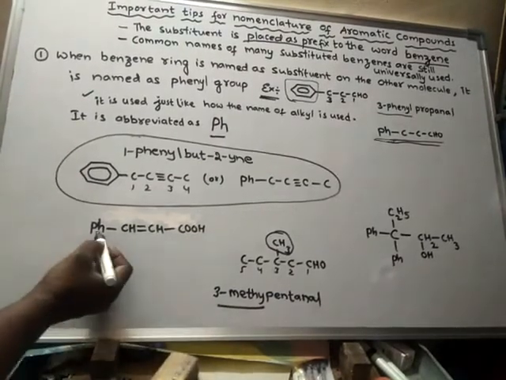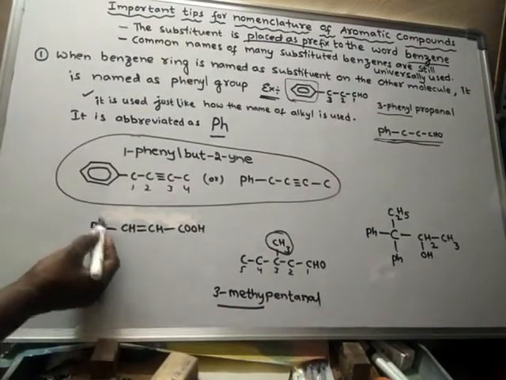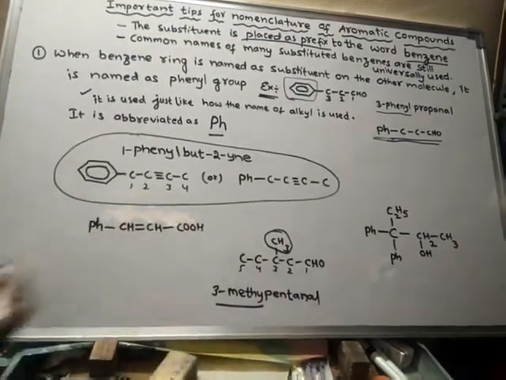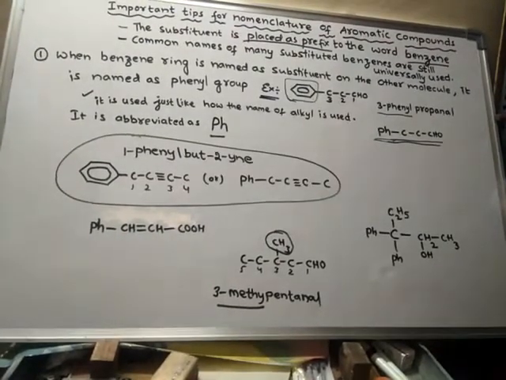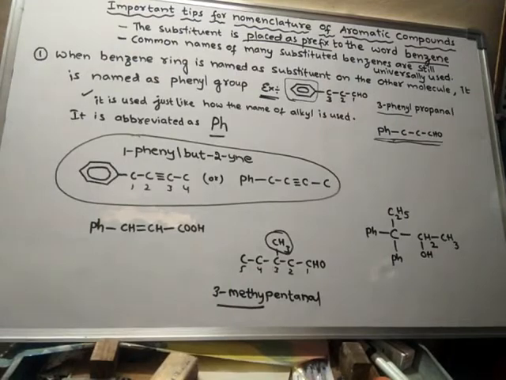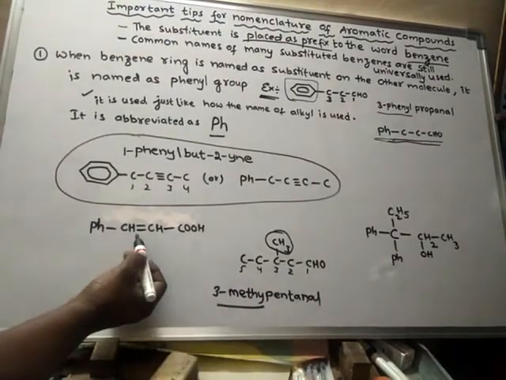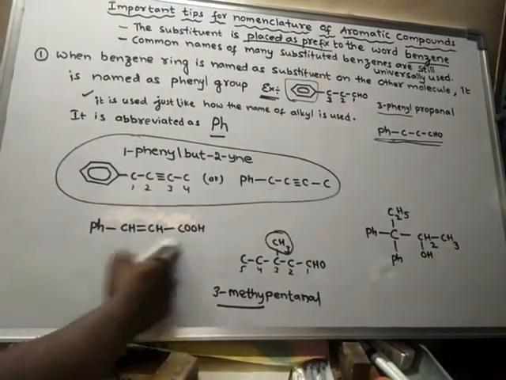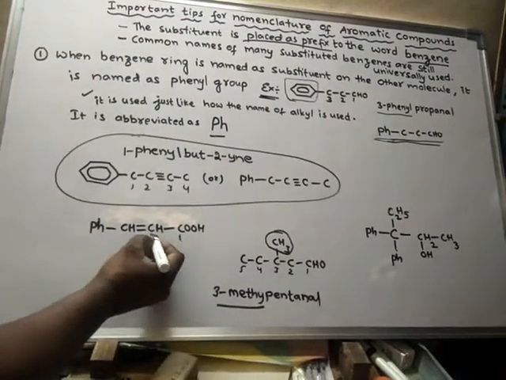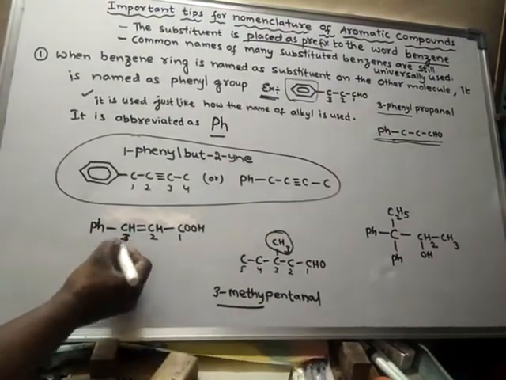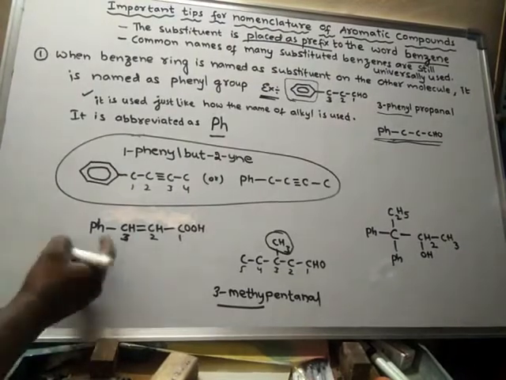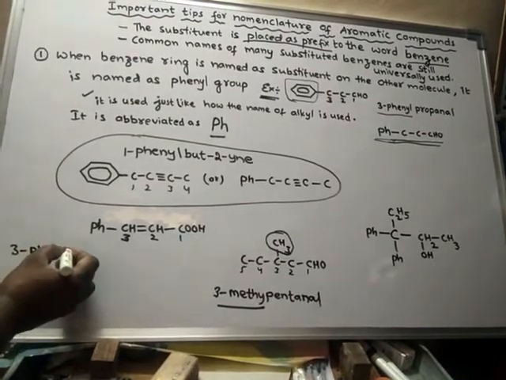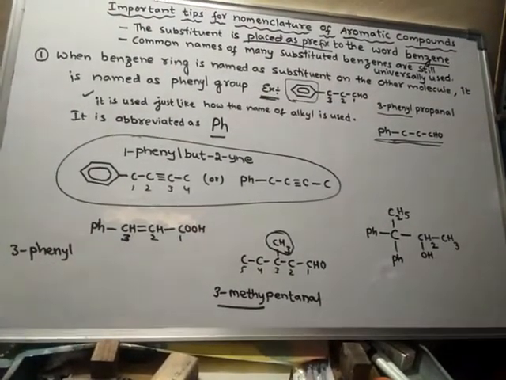See, this is the functional group, and this phenyl is present. This is a ring. Now this is the parent chain, because here the functional group is present and even multiple bonds. This is the benzene ring, and now it is acting as phenyl. Now what is the name of this compound? This is the first carbon, second carbon and third carbon. On the third carbon a phenyl group is present. The name of this compound is 3-phenyl.